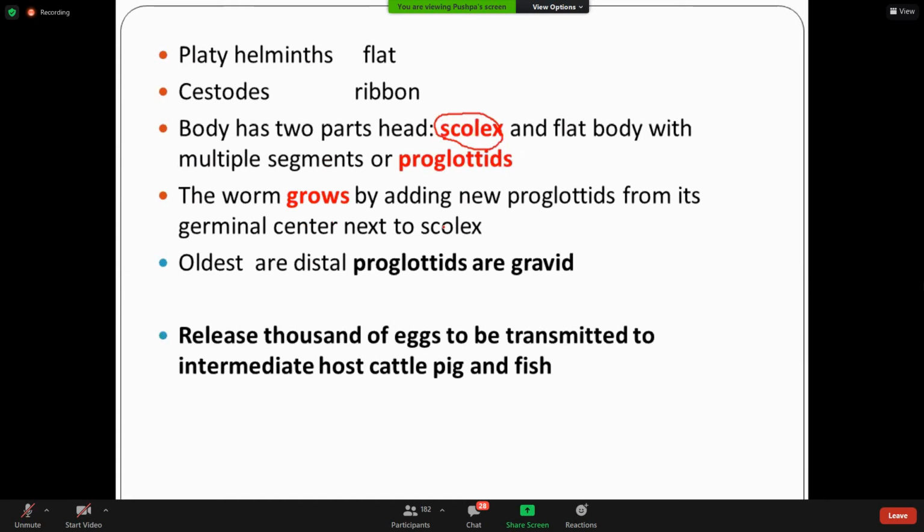So the worm grows by adding new proglottids from its germinal center next to the scolex. Oldest are the distal proglottids, which are gravid, release thousands of eggs to be transmitted to the intermediate host: cattle, pig, fish. ये different type के animal के through transmit होगा. Some parasites prefer pig, and they are found in the muscle of the pig, and some are found in the beef muscle, and the other one is found in the fish. Okay, so